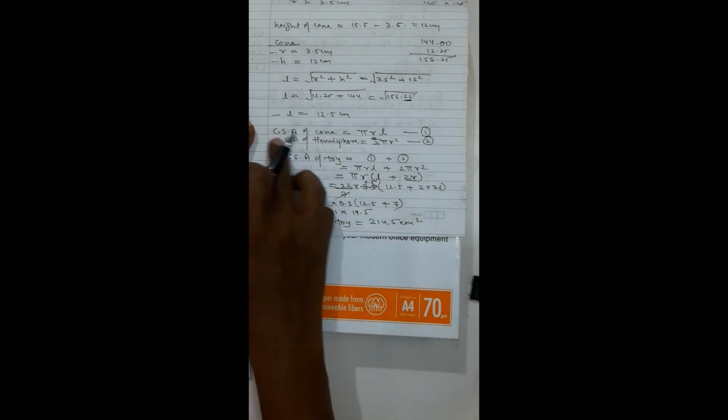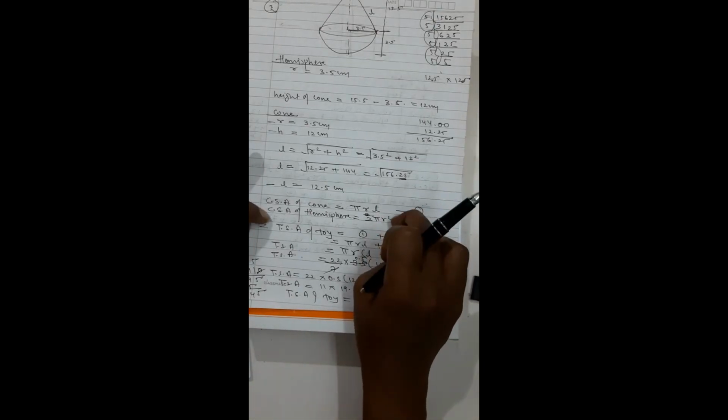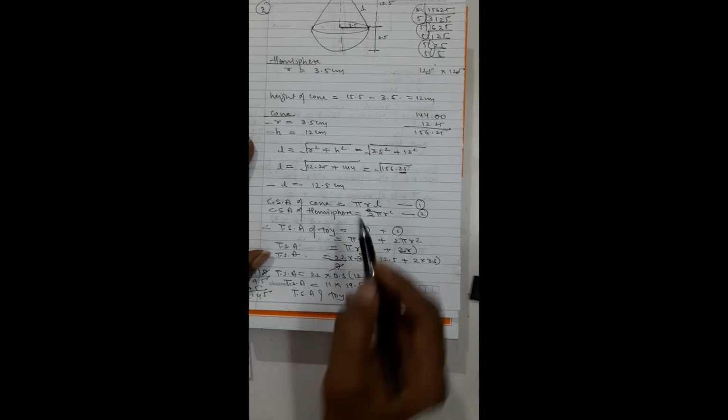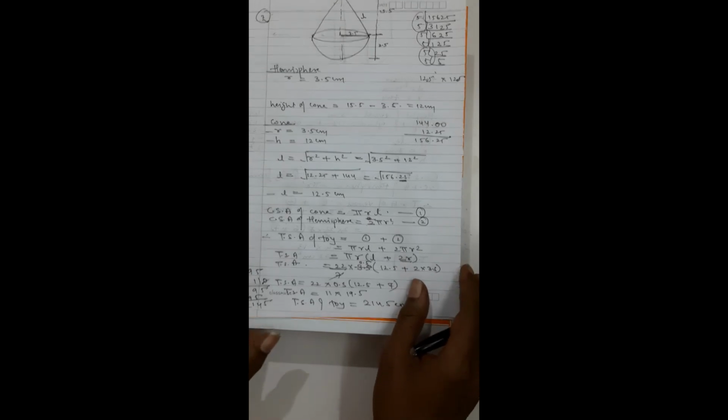See, this is one unique way of finding. First use the formula and add the formulas, simplify the formulas and then substitute the values. This is one unique, nice way. Of course you may find it slightly difficult. You can do it in this way also: finding curved surface area of a cone by substituting the values, finding them and then adding the two. That also can be done, but most of the time it goes slightly difficult because you have to multiply all these. That also can be practiced, my dear student, no problem in doing that.